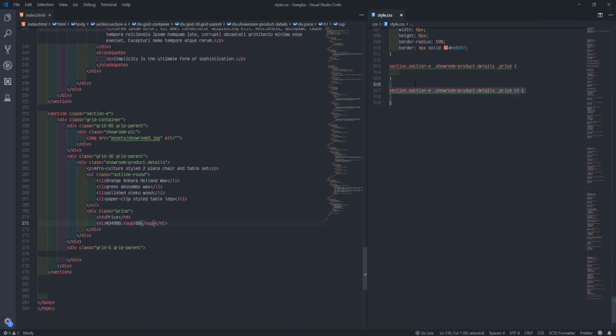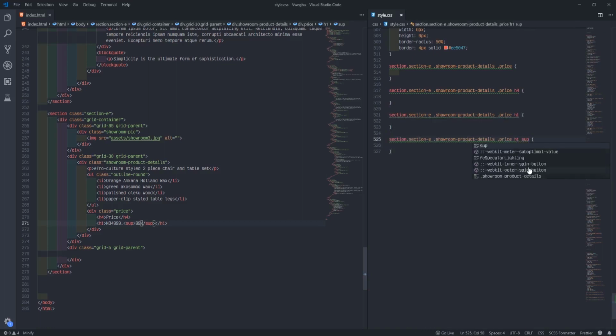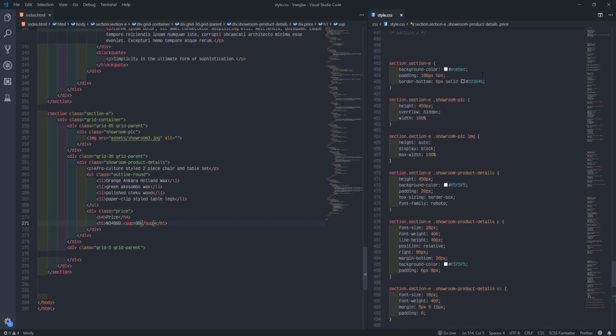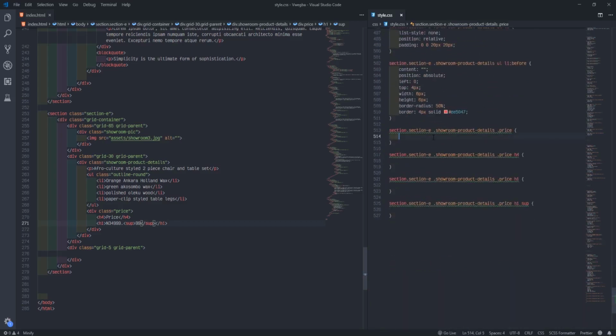I'll duplicate this one. Look for h1. Then I'll duplicate again. Look for SUP. So the price now, I'll put the color. Make the color that blue. Color is blue.